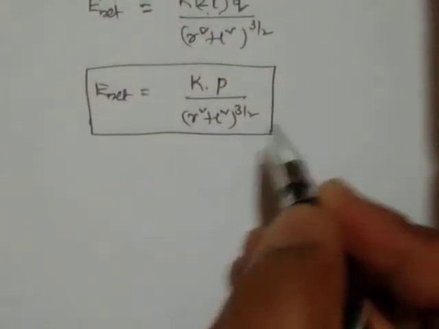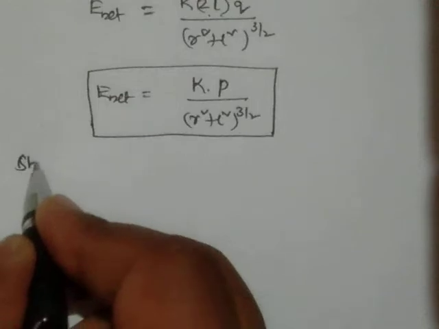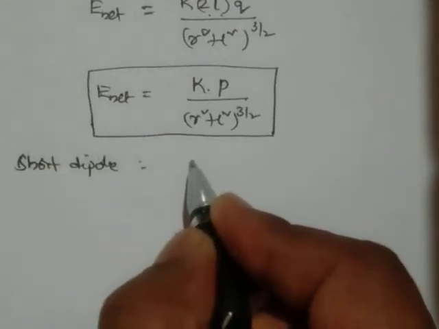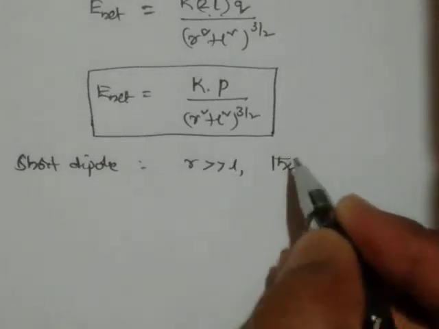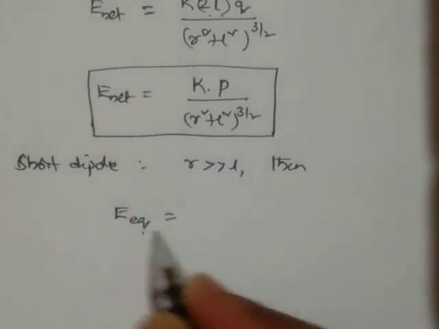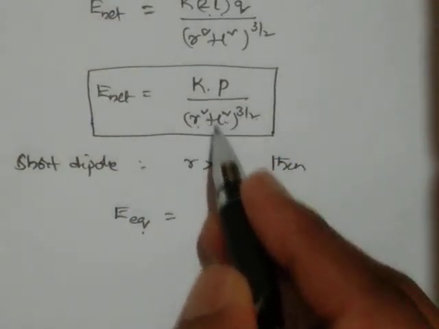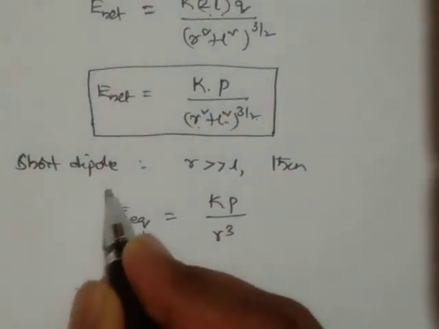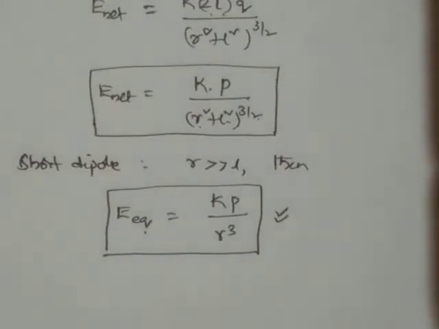So again we have to consider the special case here, such as for a short dipole, which means R much greater than L, then E equatorial, I am representing this as E EQ, since L can be considered as 0, R square power 3 by 2, the 2 gets cancelled, so here I am getting K into P by R cube, right? This is the most important expression for the objective,